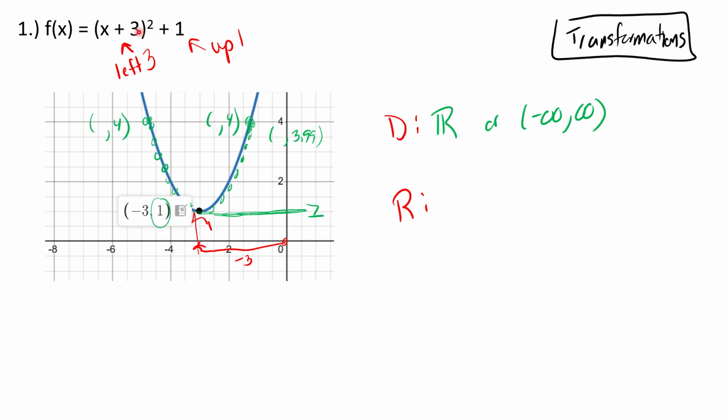If you take a number and you square that number, the smallest that could be is 0. If you have a positive number and you square it, you're going to get a positive. And a positive +1 is even more positive. If you have a negative number and you square it, you will get a positive. And a positive +1 is still positive. Now, if you have a 0 here, which you could have a 0 there,